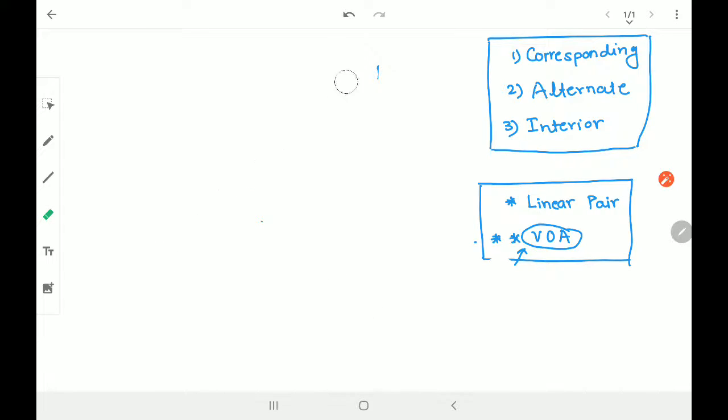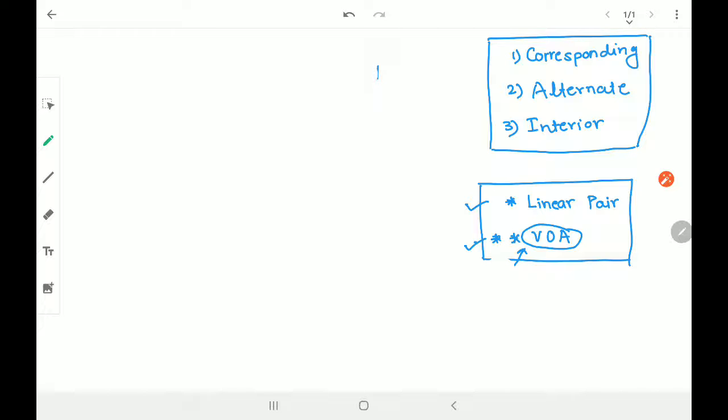In case it is not a straight line, we cannot call it a vertically opposite angle. Now for example, this case. Okay, so this angle, sorry. This angle and this angle cannot be called vertically opposite angles because they are not straight lines. This and this is not a straight line. Hope you understand. So for being vertically opposite angles, you need straight lines intersecting each other. Okay, then we can call it a vertically opposite angle. So it's very simple. Basic angles, linear pair and vertically opposite angle we have seen.